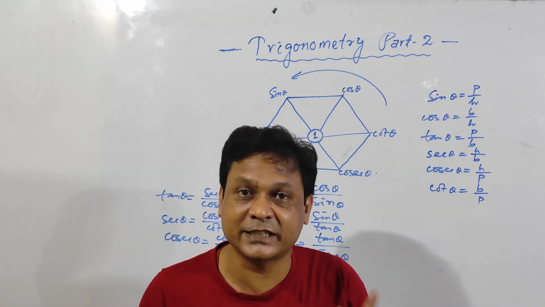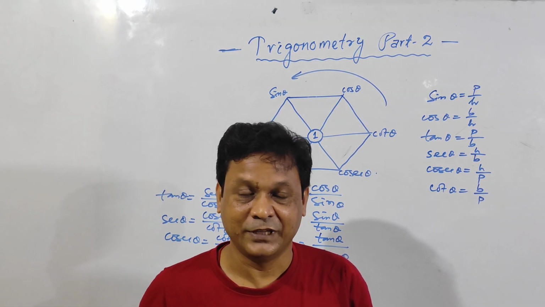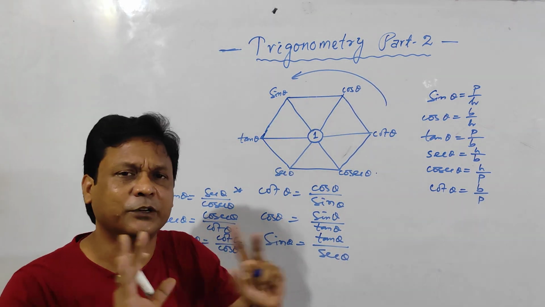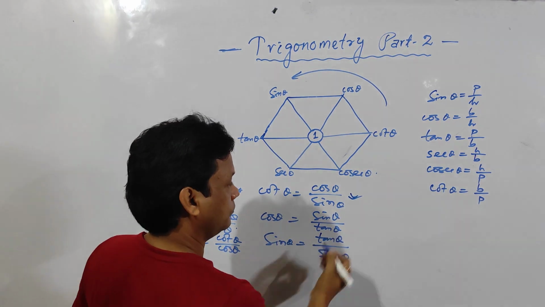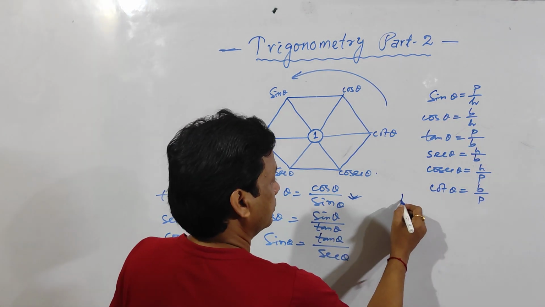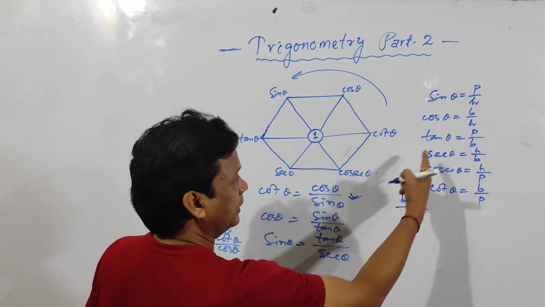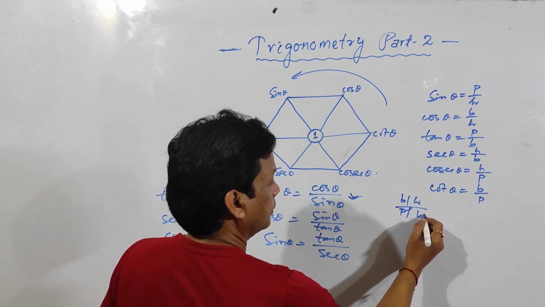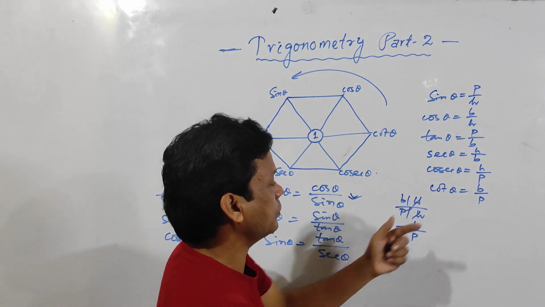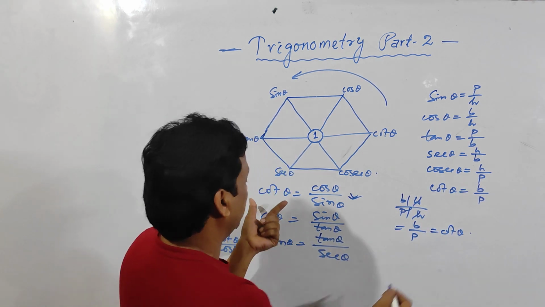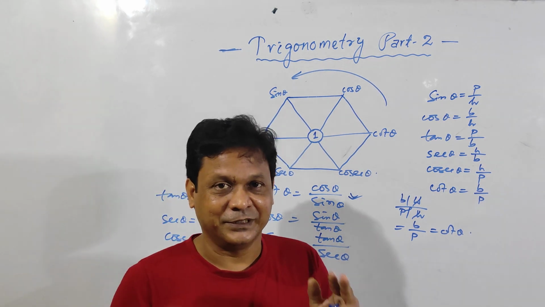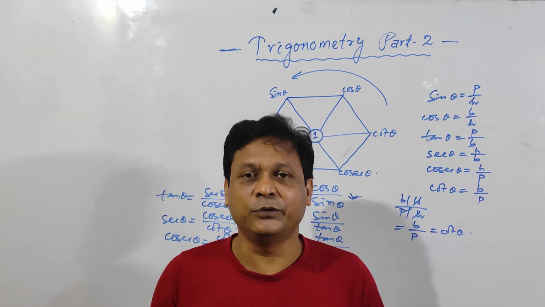Yes, you have got another 6 new formulas. If you remember this one only, then you can write directly. See here, any one formula I am going to prove. This one, from RHS I am going to prove it. What is the formula for cos theta? B by H. What is the formula for sin theta? P by H. So H, H cancel out. B by P, and B by P is cot theta. So here LHS is cot theta. Clear? I have told you that I am going to prove in a different way.